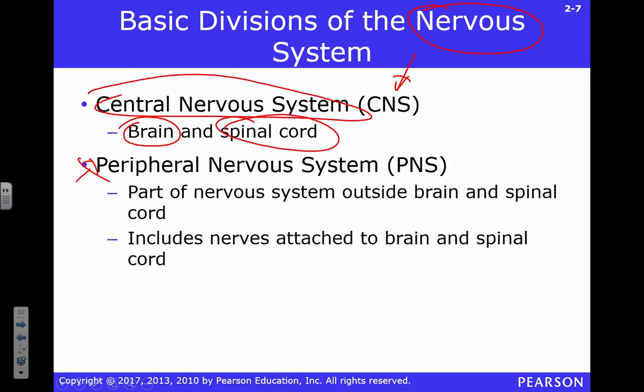There are important distinctions between the central nervous system and the peripheral nervous system aside from their location, right? We'll talk about those when we need to, okay? But first we just want to think about location, central versus peripheral. Central nervous system, we can think about this. It's always encased in bone, right? How many of you have a skull?